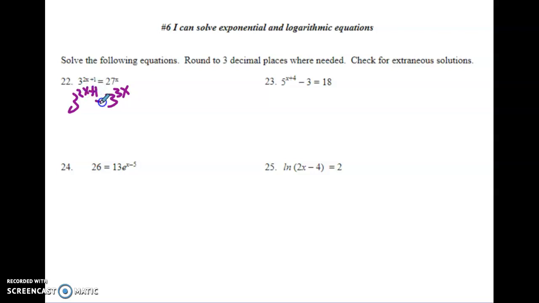Now, since they have the same base and they're equal to each other, I know that their powers are then equal, so I could write that as an equation and solve it. So I get 2x plus 1 equals 3x. If I minus the 2x from each side, I get x equals 1. Now the only thing I need to check is to see if that will give us any undefined